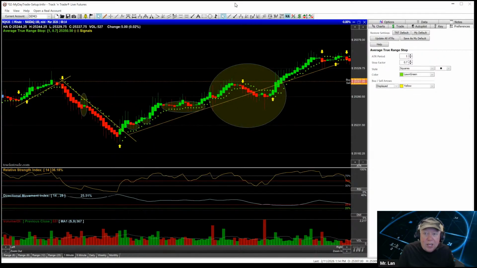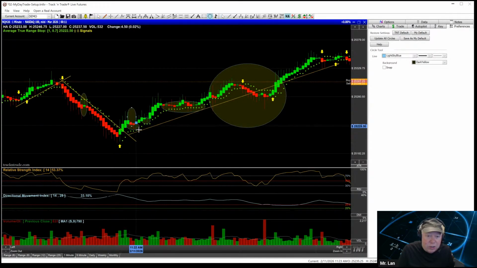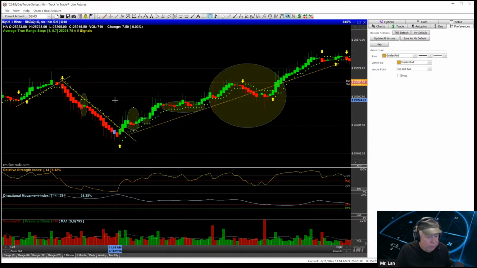Now it doesn't mean you can't get in here too, because the first green candle to make a new high is oftentimes a good place to get in. So you get a little red bar, a little 3-4 bar pattern like this, a little 2-bar pattern, and then a first green candle, and away you go. Those we look for too. That's a beautiful little pattern. And you're going to find those